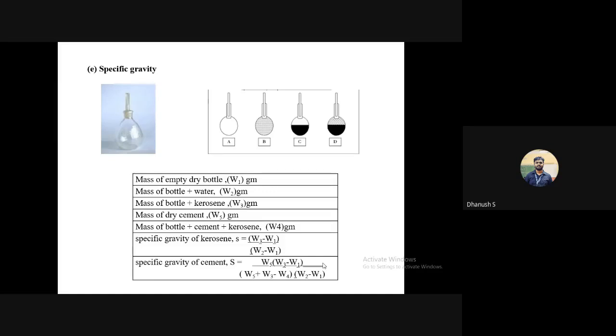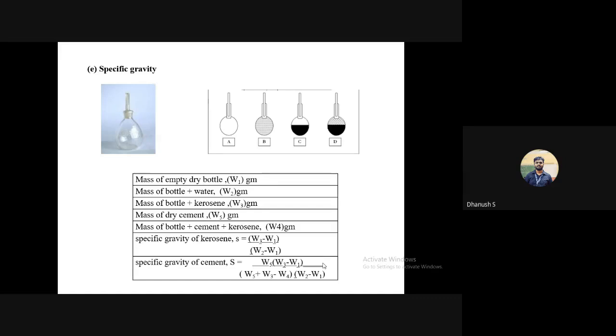I think you must have done this somewhere else also. What is relative density? Someone said something? Relative density, correct. So relative density is when you measure the density of a particular material with respect to the density of another material. But in the specific gravity test, to be more specific, that other material in the denominator will always be water. So you can modify the definition of specific gravity as the relative density of any material with respect to the density of water.